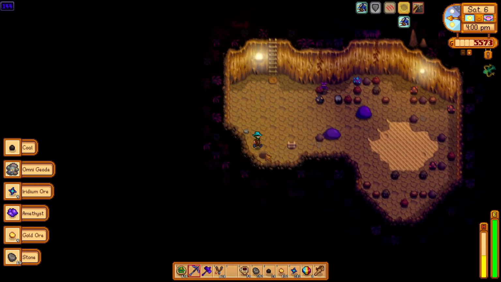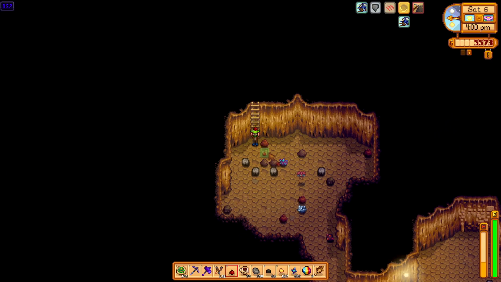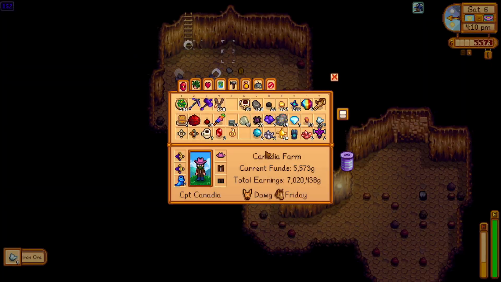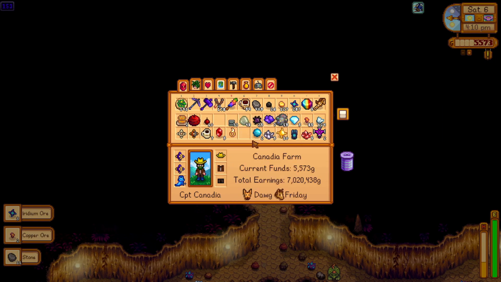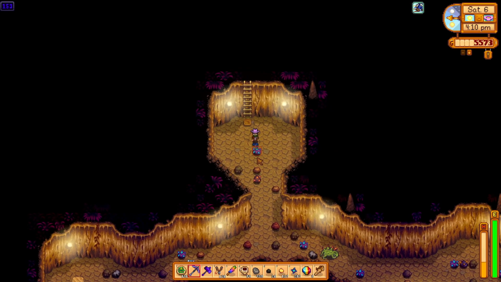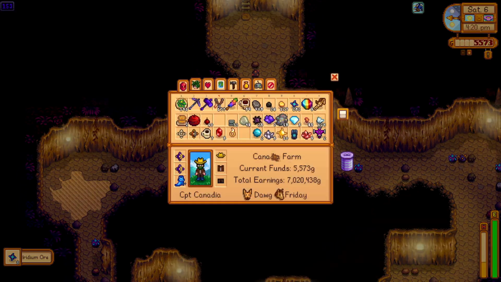I am finding quite a few holes, which is definitely helping the level progression quite a bit here. Our magic rock candy buff has just worn out, so we will want to eat another one soon to get us to the end of the day. We can wait a little bit on it, so it takes us a little bit further in the day, so I will do that in just a second here, right when we're about to get a ladder on this floor